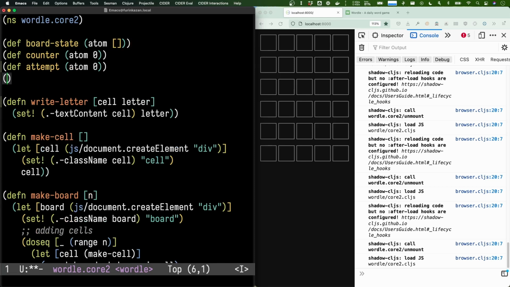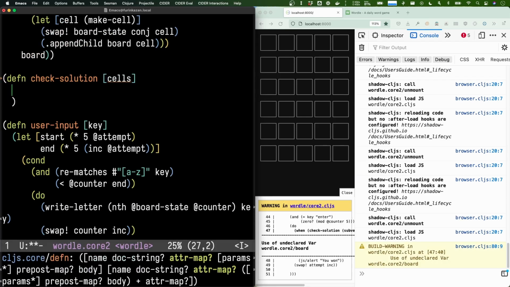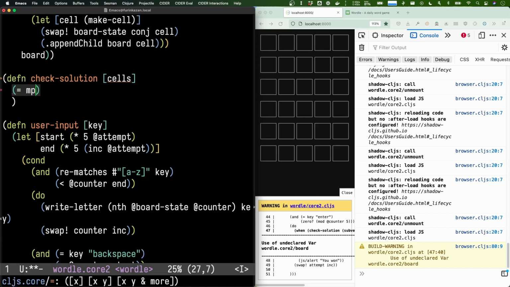So let's again add another state, sorry, word of the day. Let's call our word hello. And now inside of check solution, let's do the most basic stuff, which is let's check if